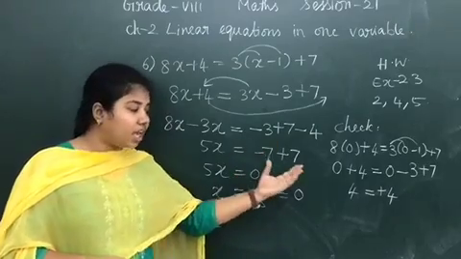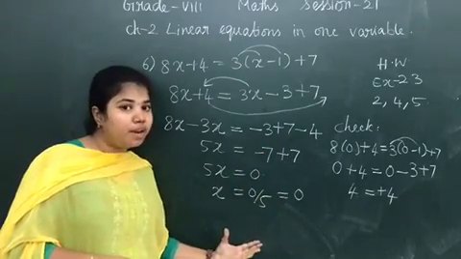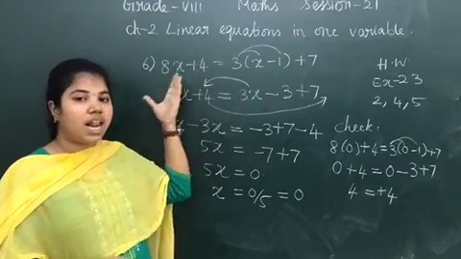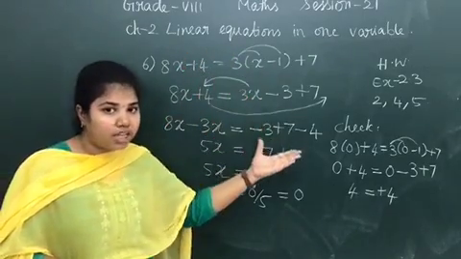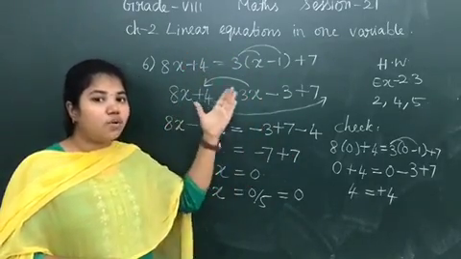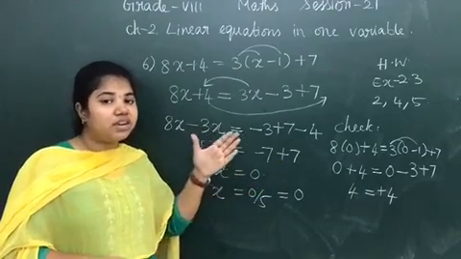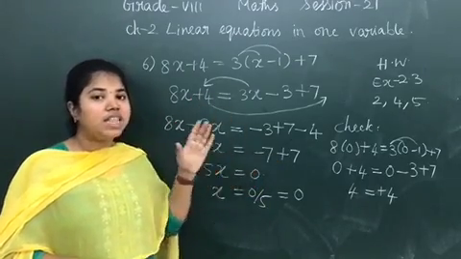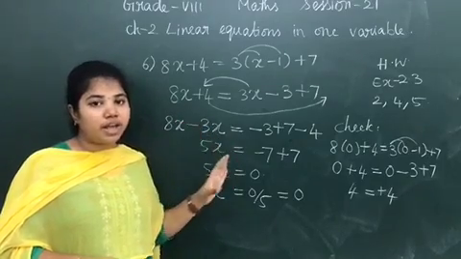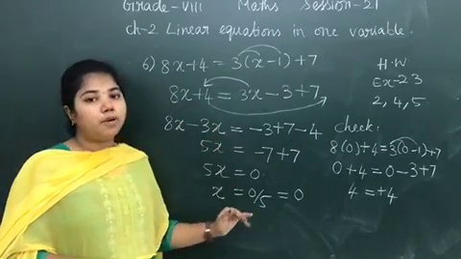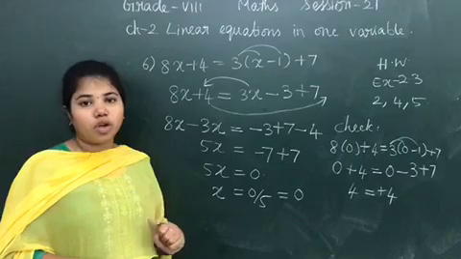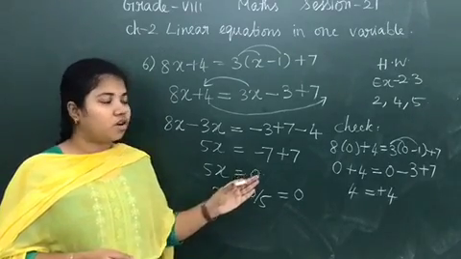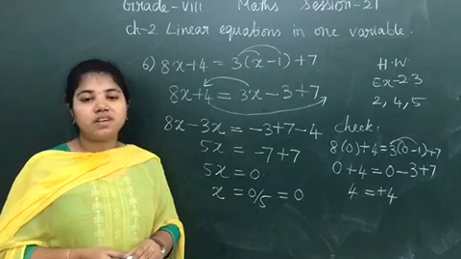Now you are going to check again. So the value of the variable x should be substituted in the question and check whether the LHS is equal to RHS. If your LHS is equal to RHS, then your answer is correct. If your LHS is not equal to RHS, then you have made some mistake in your answer. You have to check the procedure of your sum again. Okay, are you clear? Hope you will complete the homework. Next few sums are there, like 4 sums. We'll discuss the 4 sums in the